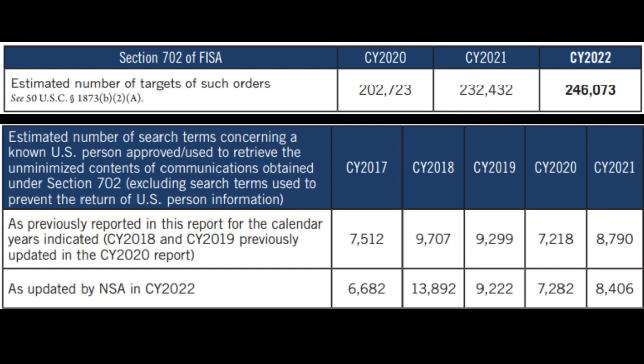These U.S. citizens' communications were collected because they were in communication with some of the more than 240,000 targets whose communications were collected in 2022. Targets are individuals whose email addresses or phone numbers have been used to have their communications collected. Queries are individual searches through the database of collected communications. Here are some case studies and controversies surrounding the reauthorization of FISA 702.